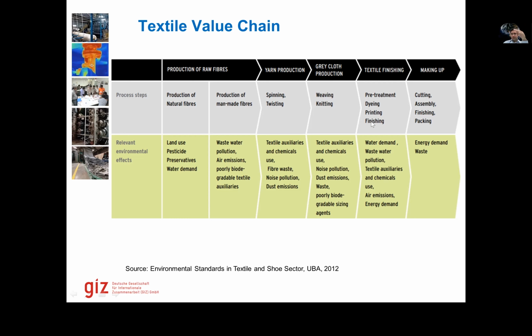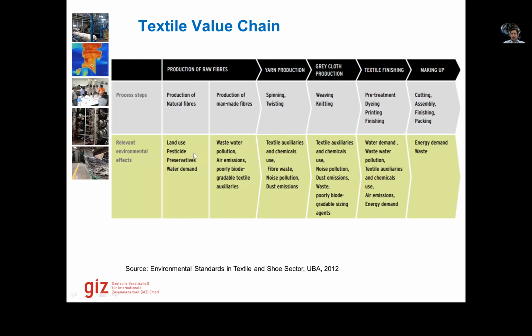But now, since they have understood that this process is very much understandable and people know what to do, they have started focusing on the back end process as well. And if you look at concepts like cradle to cradle or cradle to grave or value chain analysis, these are the typical processes. Or if you know the Better Cotton Initiative, for example, they really look at this first process of cotton production and see how this cotton can be produced in a more environmentally friendly way, or what we call a green cotton, for example.